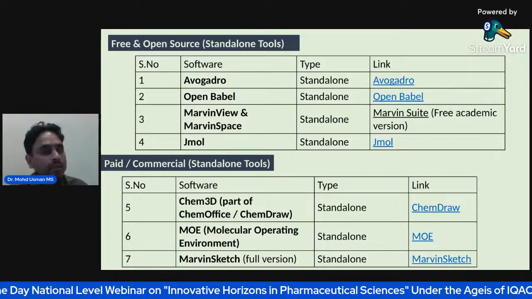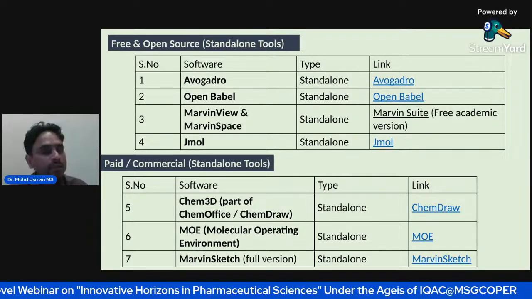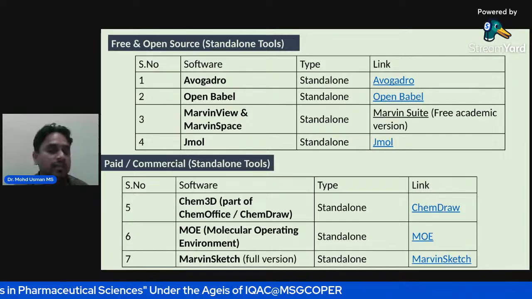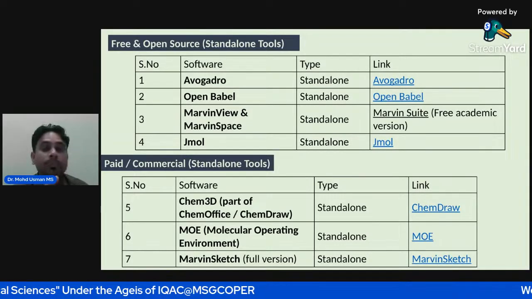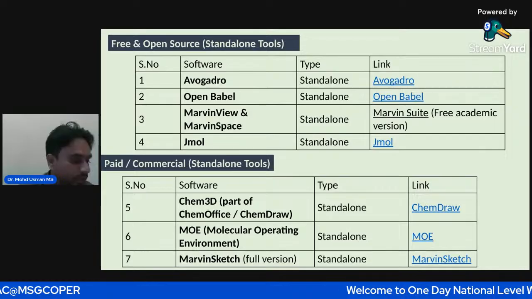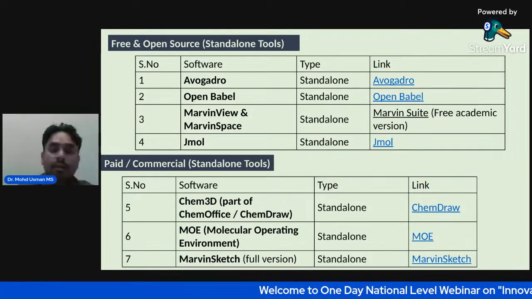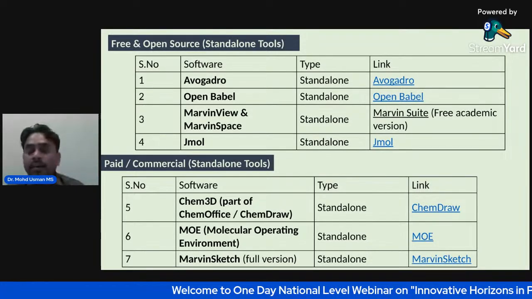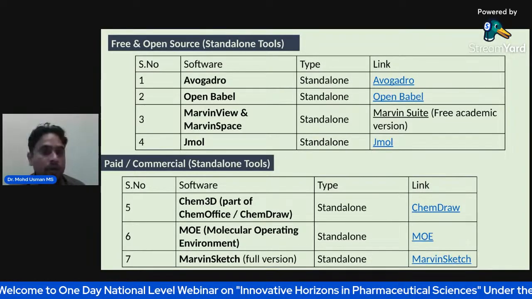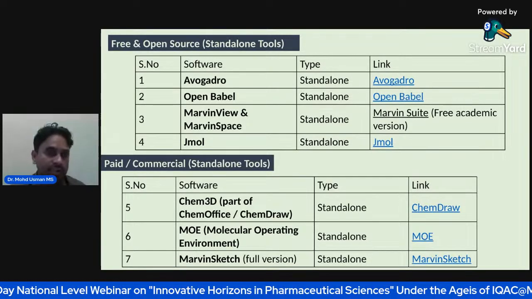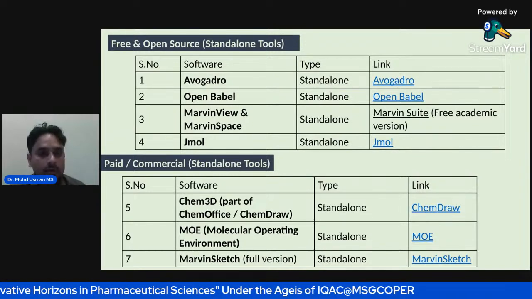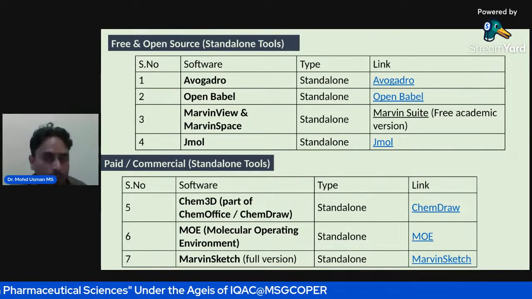Okay, now these are the different freely available softwares for computer aided drug design. You can try or use them. They are available online or for running on a laptop or desktop. Okay, now free open source, this is an online server. First one is Avogadro. Then Open Babel, it is the most widely used